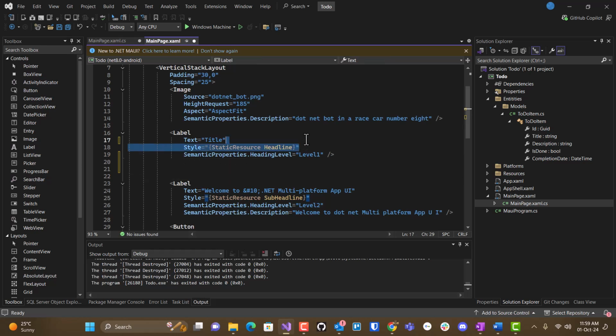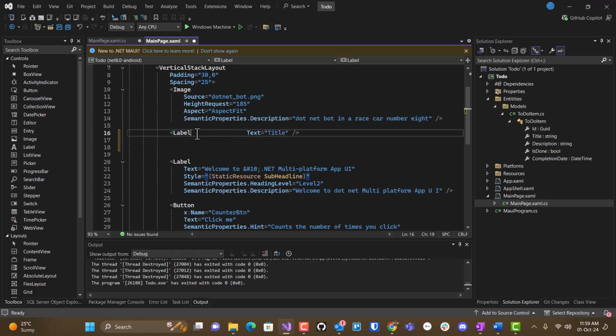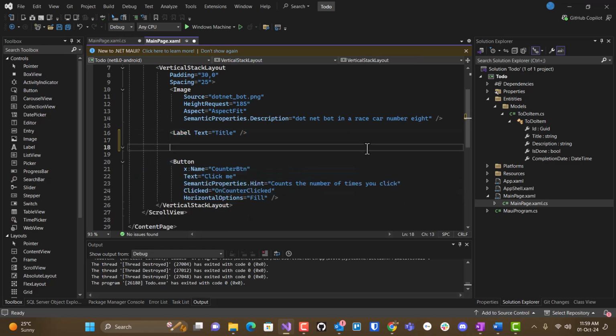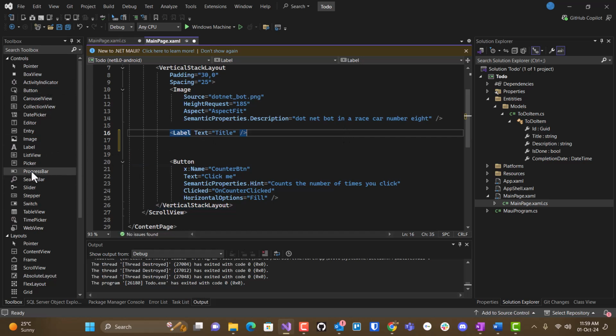I'm going to see what happens if I just do this, just to keep it simple initially. I know I'm going to want a button later on. And we have a toolbox, so let's see. We want,